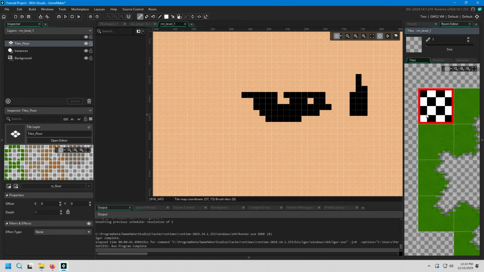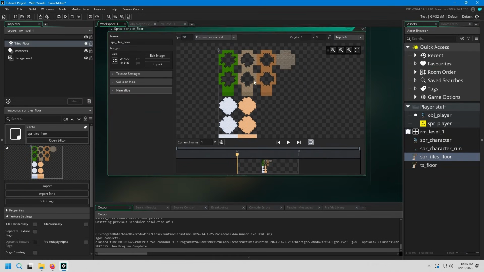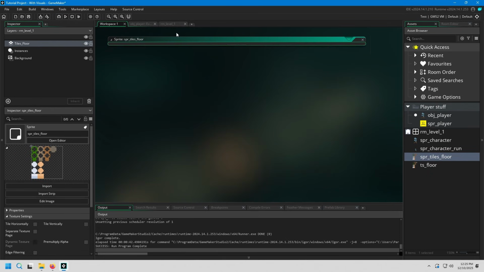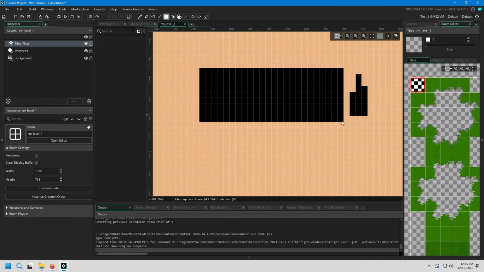Sometimes people find this counterintuitive. But in every tile set, the upper left tile will automatically be the null tile, the empty tile, even if in your sprite you happen to have something else there. This tile set doesn't, so that's okay. But if you have something in that corner, in the first tile up there, then you might want to move it to some other position in the image. Anyway, the eraser tool,